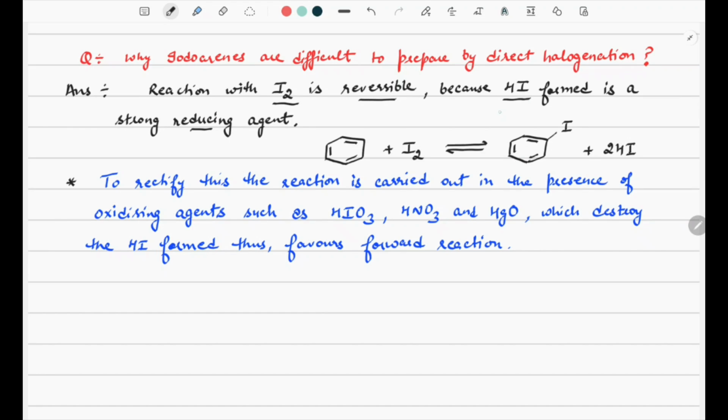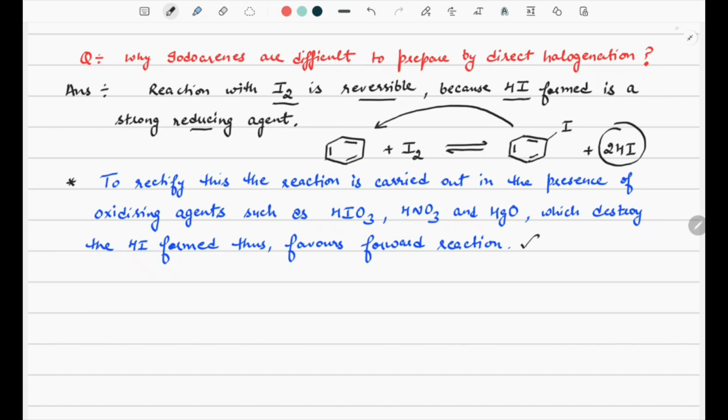So it reacts with the iodobenzene formed to give back the starting material. To overcome this, the reaction is carried out in the presence of oxidizing agents such as HIO3, nitric acid, and mercuric oxide, which destroy the hydrogen iodide formed, shifting the equilibrium towards the